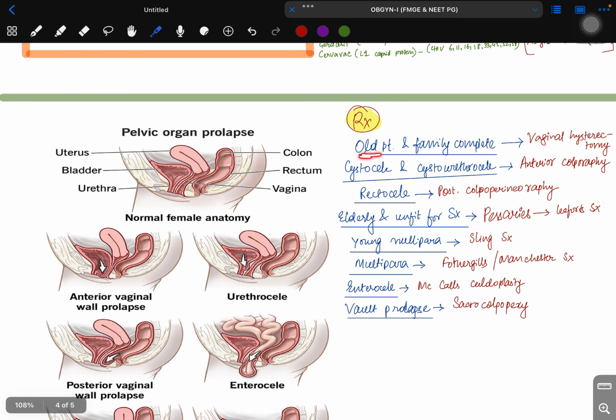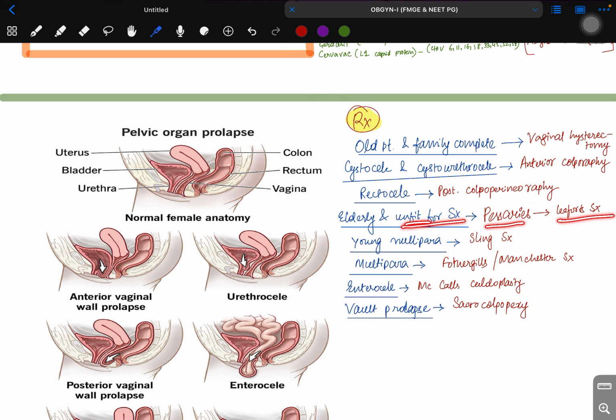For older patients where the family is completed and the patient is fit for surgical treatment, we are doing the vaginal hysterectomy. For cystocele and cystourethrocele, we are doing anterior colporrhaphy. For rectocele, where the rectum is coming out, we are doing the posterior colpoperineorrhaphy. For elderly patients who are not fit for surgery, we are giving pessaries, and ultimately we can do